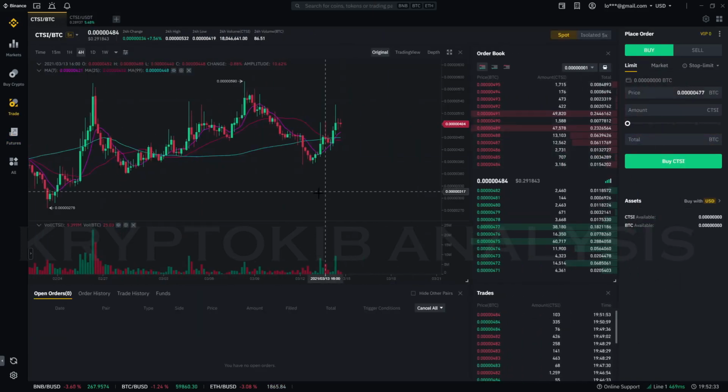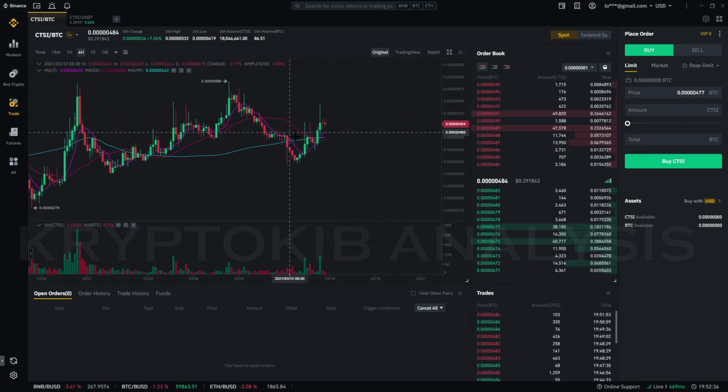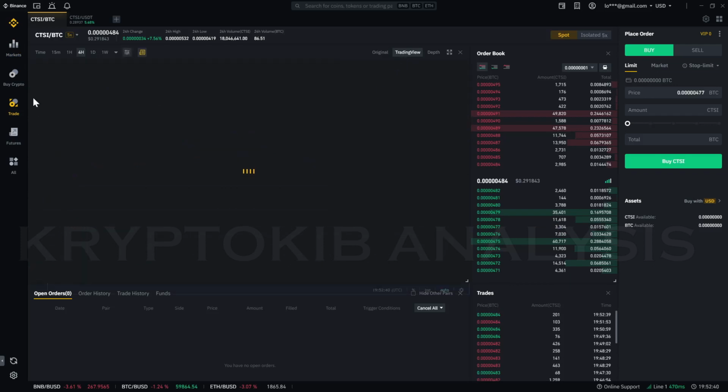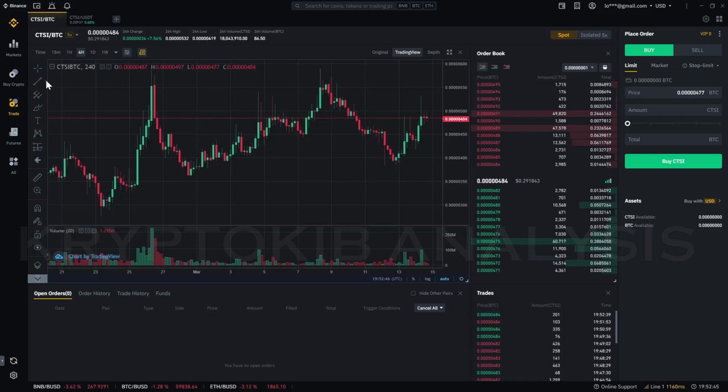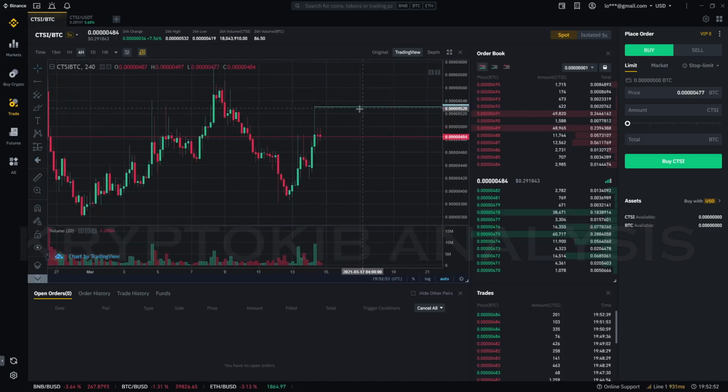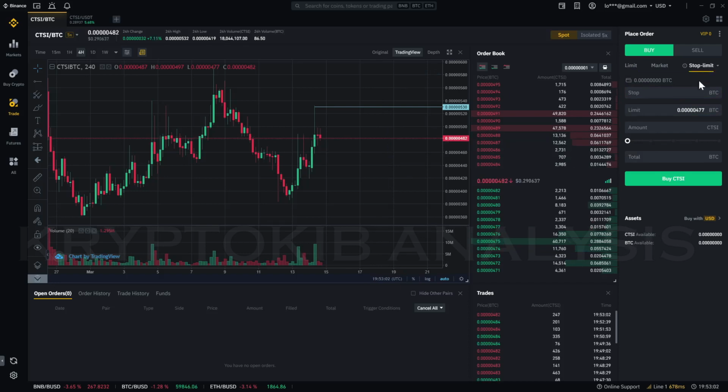So now, assuming I want to buy, okay, let's say this is the point of resistance. Are you seeing it? That line is a resistance point. I want it to break up and take my order in. I want to put my order anywhere above it. What will I do? How will I put it? I will go to the stop limit. That is what I will use to set my order above market prices.